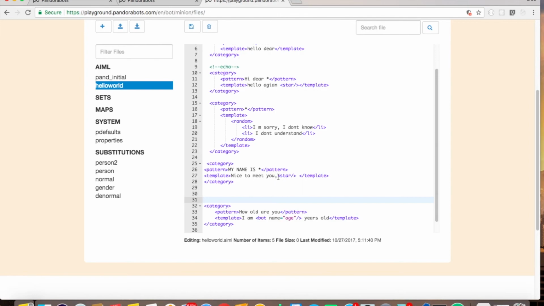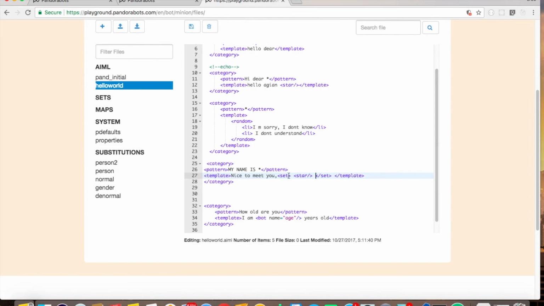What we could do is define a set like this, enclosing the star. We are gonna set like this, and we are gonna get the name.